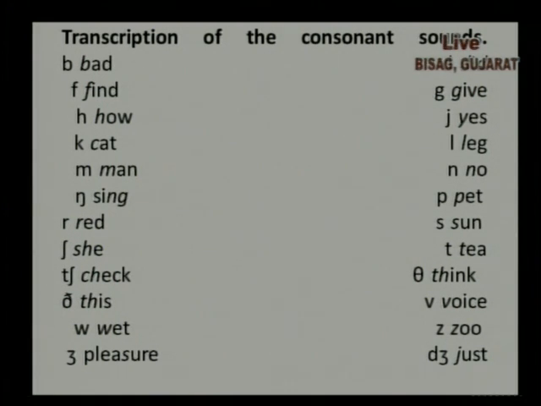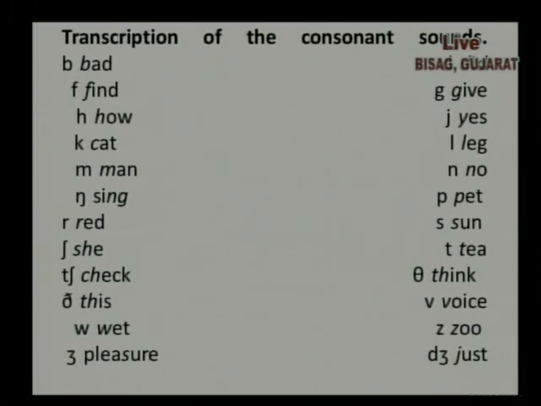Zoo. We talk about the word zoo. It's different from the word pleasure. The symbol used for j in pleasure is the lowercase of the cursive handwriting, whereas in zoo you have z, which is written like the capital Z, but you don't write it that big, obviously. It's a small z, which represents z in zoo. And then the last one we have is just, the first letter j, which produces the sound j. It's written with a d and the symbol we have in j, that makes j.